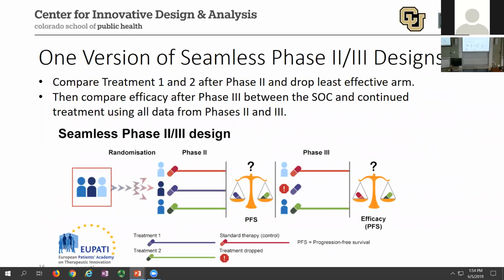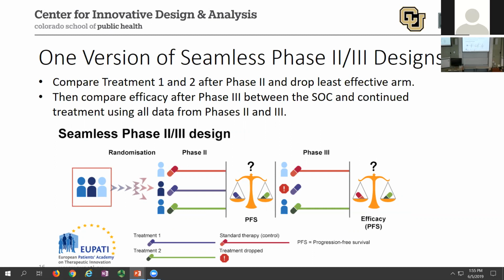One version of a seamless phase 2-3 design that I really like and think is nicely illustrated comes from this European Patients Academy on Therapeutic Innovations. This is just one resource I like to recommend to people looking for a high-level overview of a lot of clinical trial elements and design types, because they lay things out with graphics like this and give nice examples and motivating context at a fairly high-level overview to really help get the message across